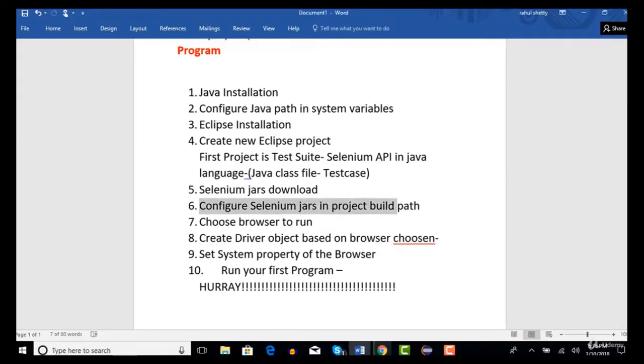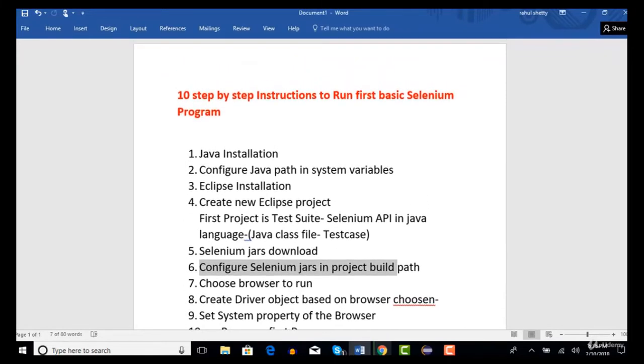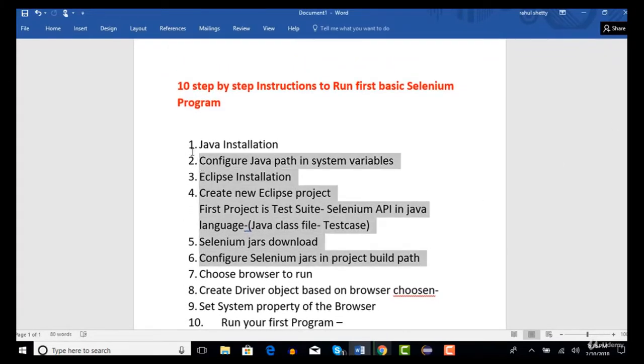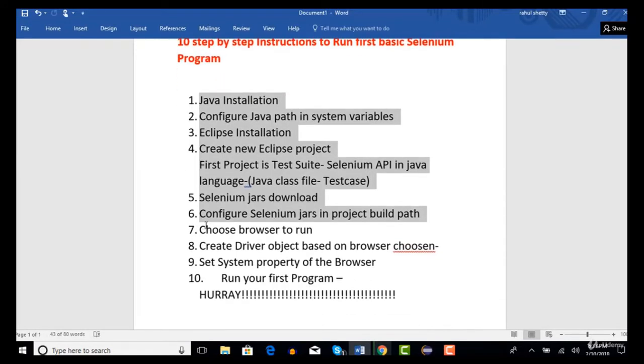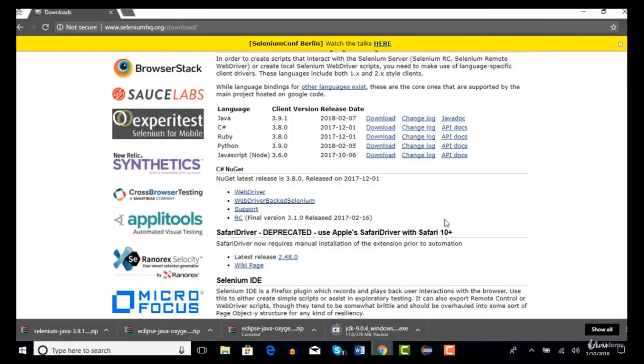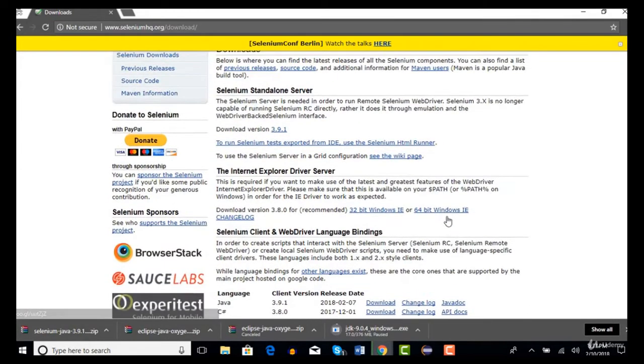Okay, so we have done step 1 to step 6, which completes all the pre-requisite installation process, and we are now in step 7 to begin our basic test building. So let me go back to the Selenium official website to tell a few things before we write a basic program to invoke a browser. In this section, I will only concentrate on writing one basic program to invoke a browser automatically with our script.